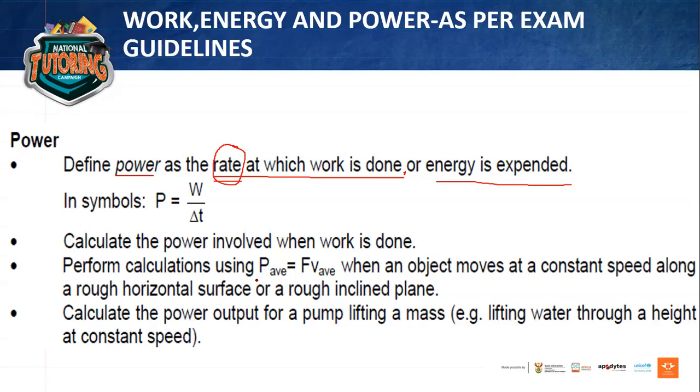Sometimes we can use this formula. Average power is equal to the force multiplied by the average speed. Remember, this one represents the speed of the object, which is the average speed. And then we must be able to calculate the power output for a pump lifting a mass. It could be a pump that is lifting water through a height at a constant speed. And normally when we deal with this one, this is where we will normally use this equation to calculate the